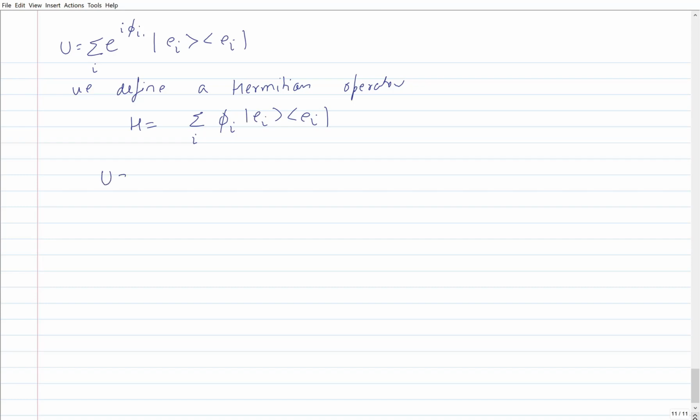Now U is equal to, if you look at it, e to the power of iota H. So in some sense, let the function f(x) be the exponential function e to the power of iota x. Applying this function on the Hermitian operator H, I get e to the power of iota H,